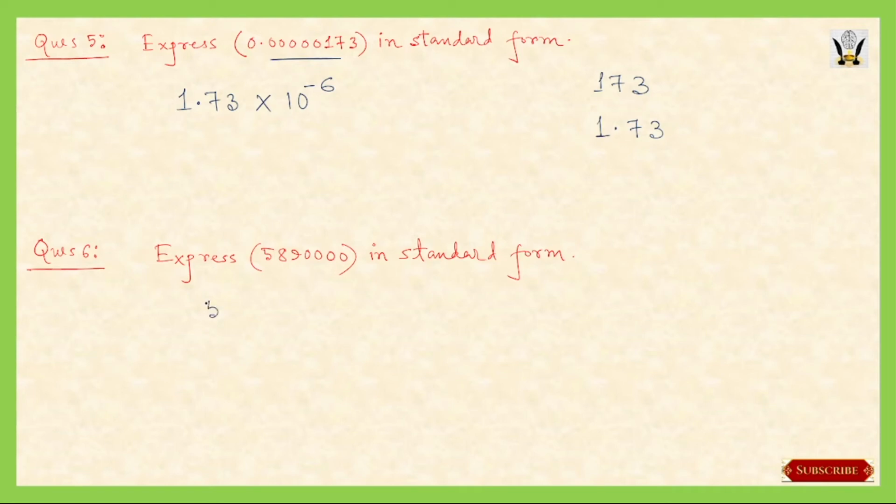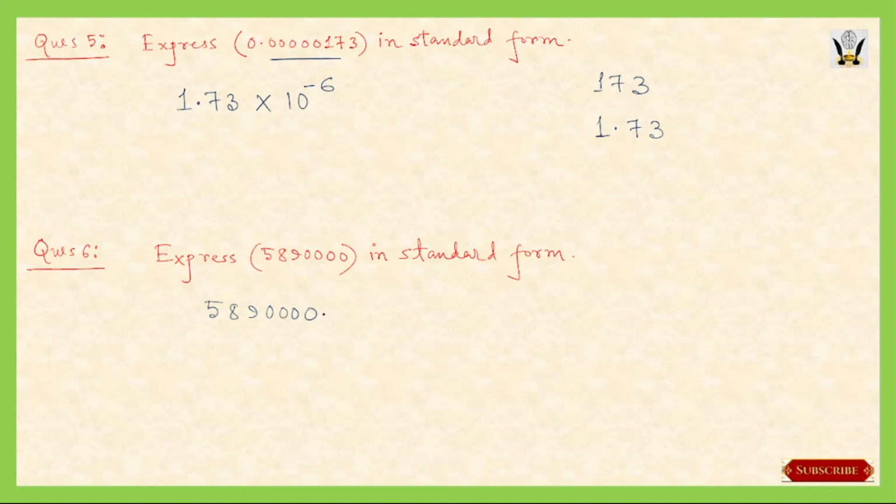Now this number is 589 followed by 4 zeros. It looks like an integer, but it can be considered as a decimal, where the decimal point is at the end and after the decimal point there are zeros. Since the zeros after the decimal point are not significant, we don't write the decimal point and the zeros after it. So it looks like an integer value, but we have to consider that the decimal point is at the end,